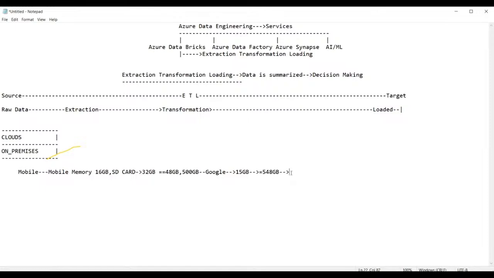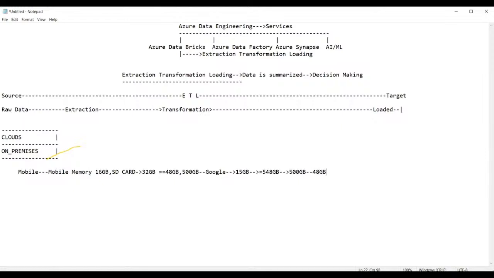I have to buy a new mobile phone. Hence, I bought the new mobile phone. Now, once you bought a new mobile phone, guys, please tell me, can you recollect this 48 GB? Can you recollect this 500 GB memory or not? 500 GB is possible, 48 GB is not possible. Yes, exactly. Very good. So 500 GB you can recollect by just using the synchronize option. You can log in with your mail ID, enter the password, and recollect it. But what about the 48 GB?